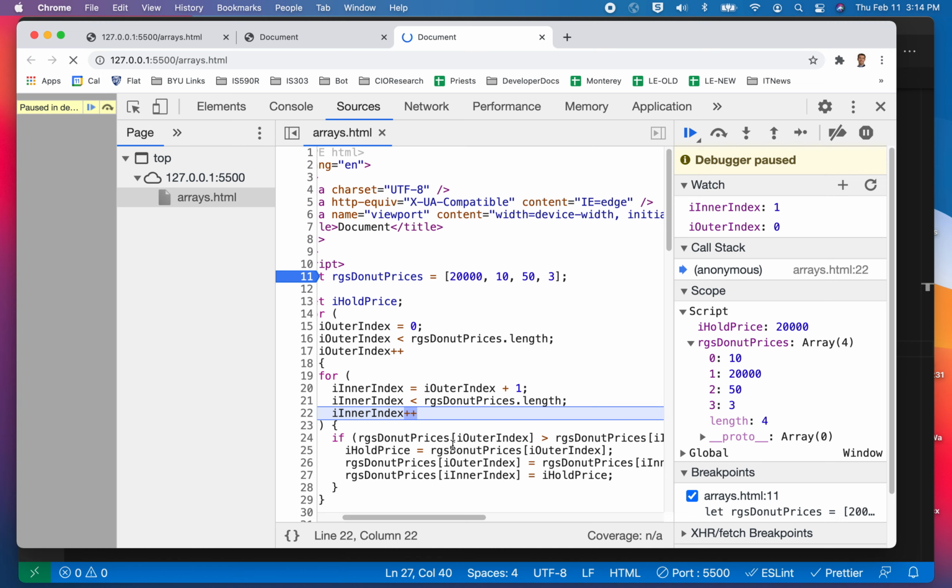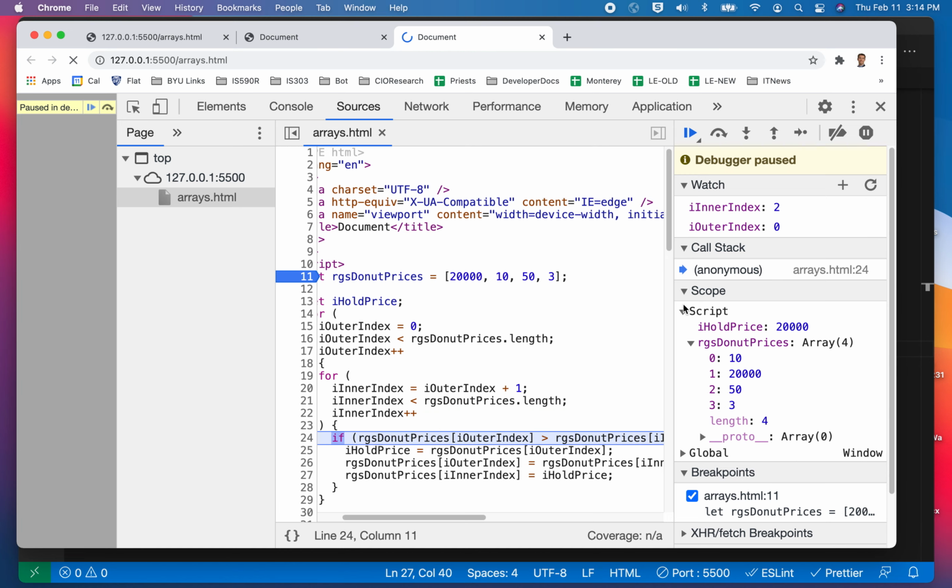Now we're going to continue that inner loop. We're doing a plus plus. So now we're still comparing the thing that's in position 0. It's always going to be 0 until we finish looking at all of the items in the array. And once we finish this inner loop, then we'll go back out and increment it so that we can compare position 1 with everything else. But for now, we're just going to keep on comparing position 0 with everything else over and over again. All right, so moving forward,